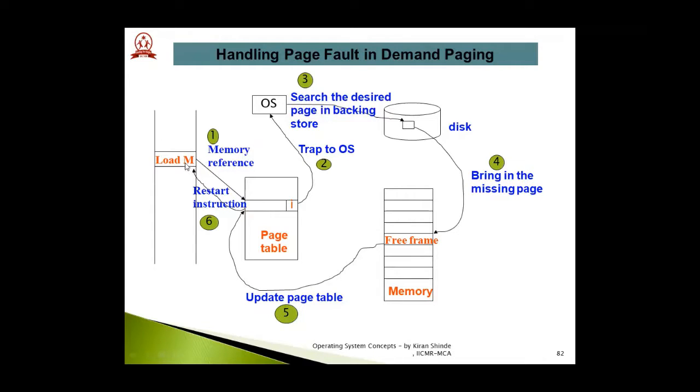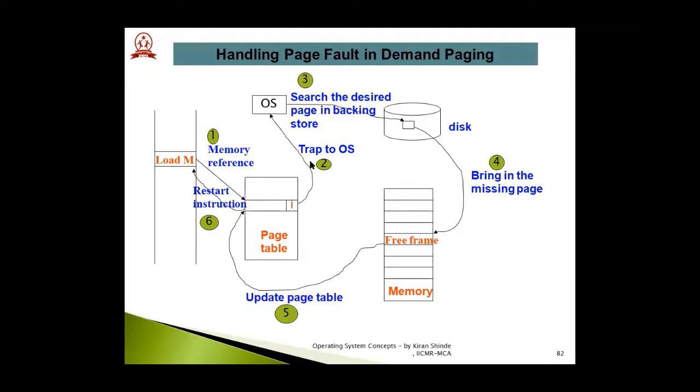Now, the instruction which is going to be executed, rather the CPU is going to execute that particular instruction, will be loaded into the memory. Okay, so this is the first instruction, load M. M is nothing but load memory with the desired instruction. Now, this is step number 1. If you see step number 2, when this instruction wants to load into the memory, the desired page is not able to map with the frame. It means there is no frame available for that particular page. That is why that page is not loaded into the memory.